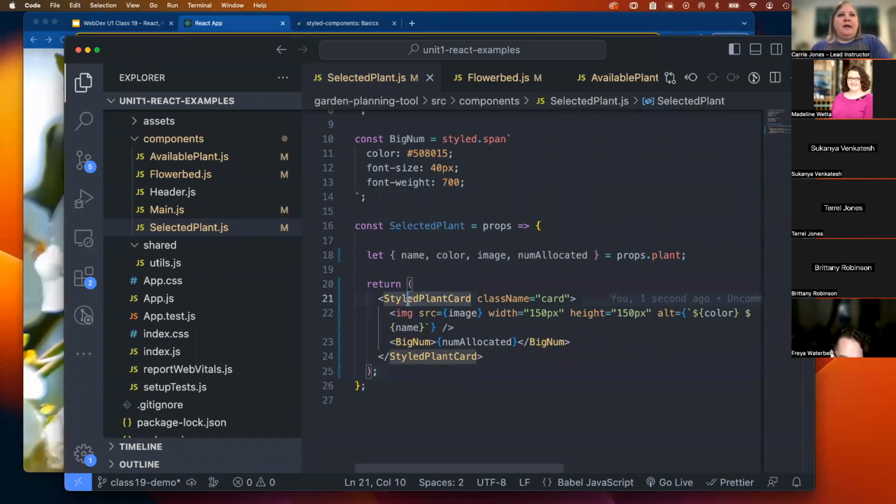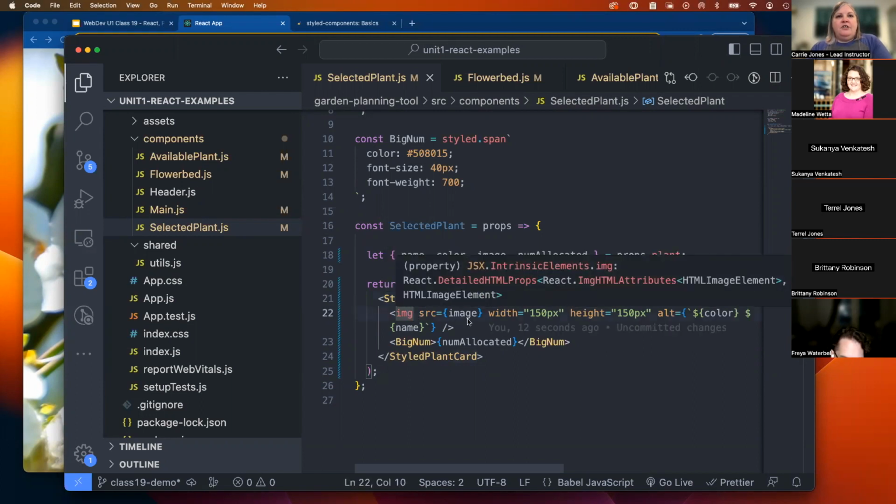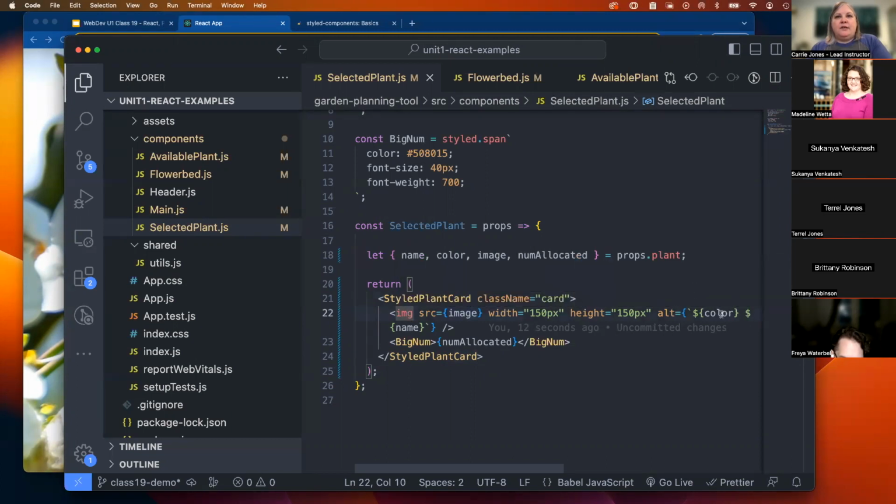I'm going to return the styled plant card. I'm adding on that card that's coming from the global CSS again as an additional class, because I already have some things defined there for this. And inside of that div, I've got an image that is using some of these props: image source, color, and name. Then I've got this big num that's just a span for this text that's just going to have that number, whatever that number is. It's coming in as a prop through the plant prop as part of that object. So I need to export this